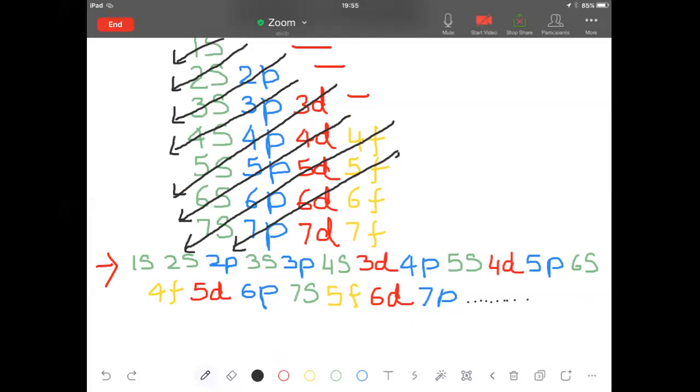So this is 1s, then you have a 2s, and then you have a 2p. So you start drawing diagonal lines like this. So when you start drawing the diagonal lines, you see the first one to come is 1s. So the 1s is written. Then the next one that comes is 2s. So 2s is written. Then is 2p. Then is 3. See, after 2p, it is 3s.